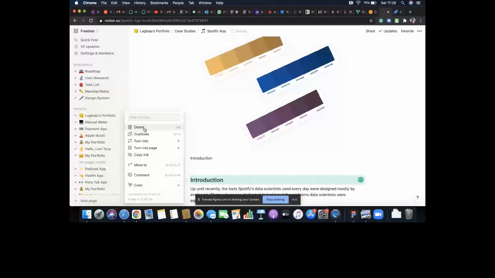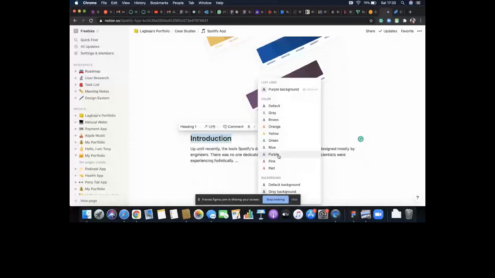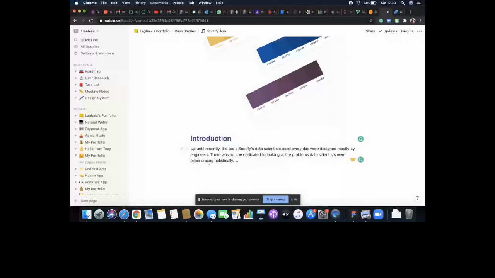Now, we have the ability to change the text to wherever we like. So we can change it to an H1. You can decide to change it to H2, H3, whatever you want to do. I can decide to change the color of this text to, let me call it purple, and it's there and all of that. The same thing happens to this.